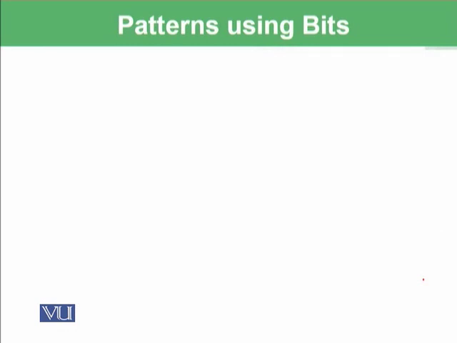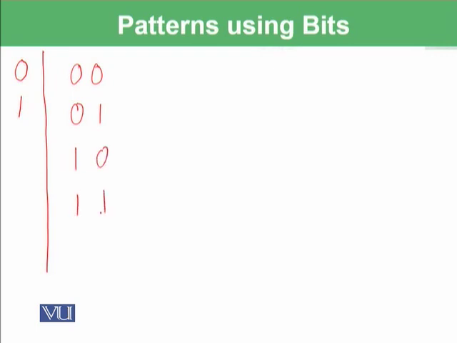If we have only 1 bit, as I mentioned, we can represent either 0 or 1. So in 1 bit we can only represent this. However, if we have 2 bits, then we can represent 00, 01, 10, 11. These are all of the possible combinations: both may have zeros, the first 0 and the second 1, the first 1 and the second 0, and both 1. These are all the possible combinations when we have 2 bits.